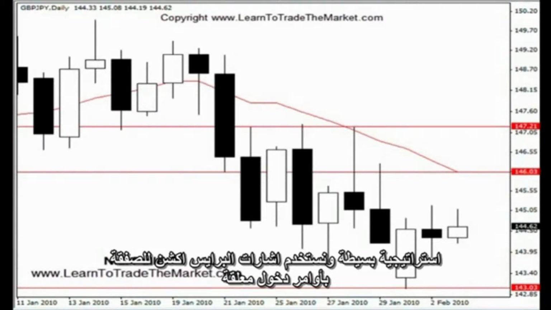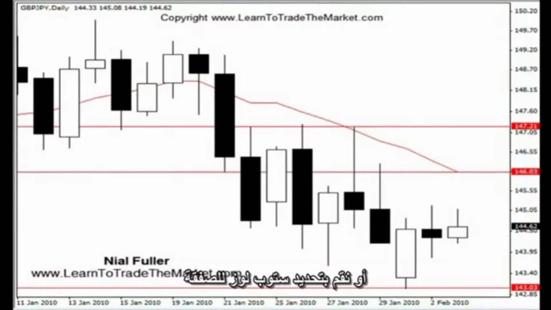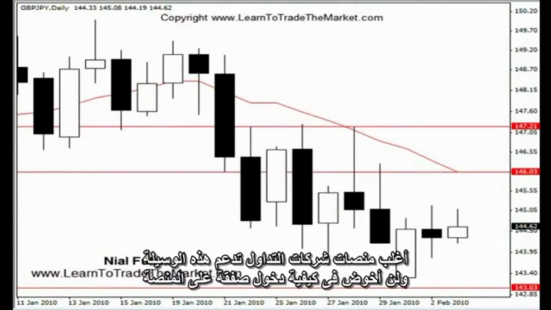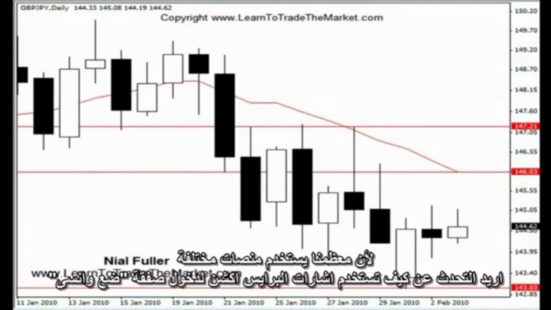We then place a limit order to enter or a market order to enter. We place a stop loss, and then we place a conditional order to cancel the stop loss if the profit target is hit. Basically, most broker platforms do offer this facility. I'm not going to go over how to place the trades in the broker platforms because everyone is using different platforms. What I want to do is go over how you might trade a price action signal using a set and forget strategy,